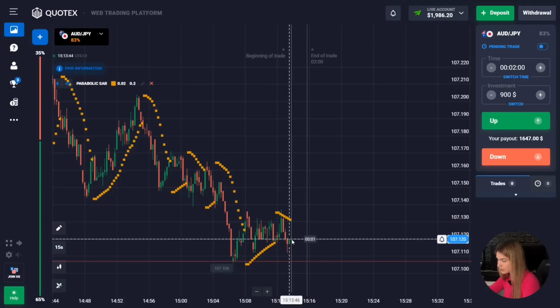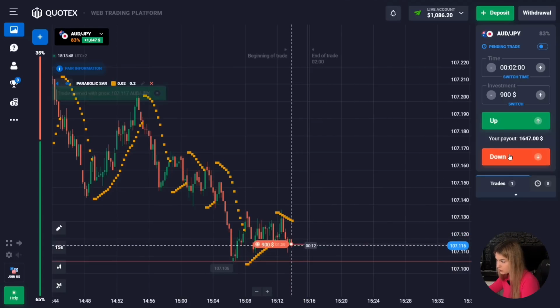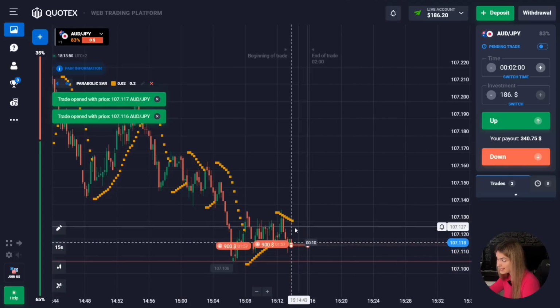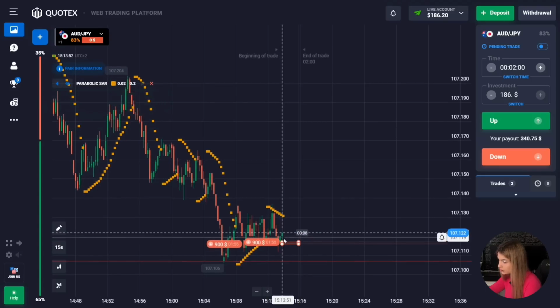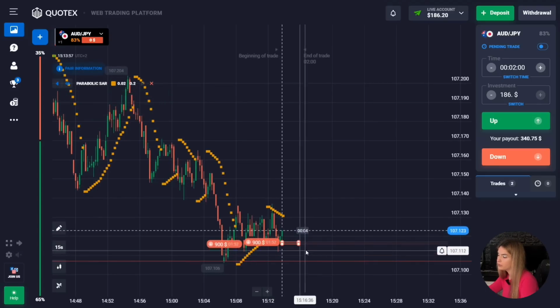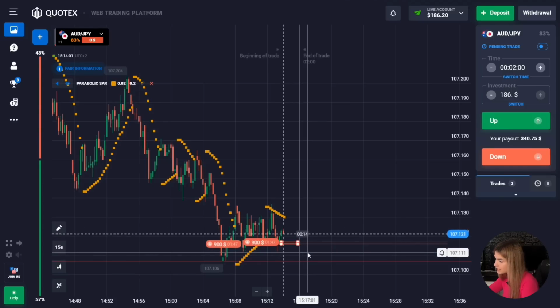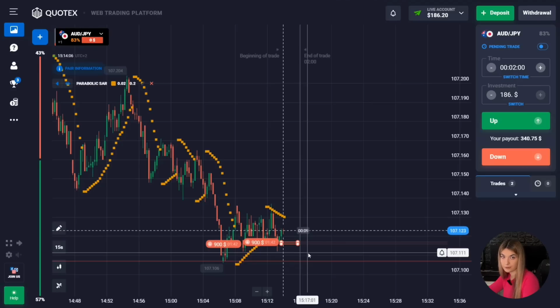I suggest opening a deal here for 2 minutes down. It is quite possible that the price will continue to move towards the level because the price doesn't have a bad downward potential. It is also quite possible that this level will be broken in the near future. I hope that in this situation 2 minutes will be quite enough. We will take into account the possible correction, guys. But we see that recently the price is still significantly approaching the level. Well, guys, let's wait for the deal to finish.